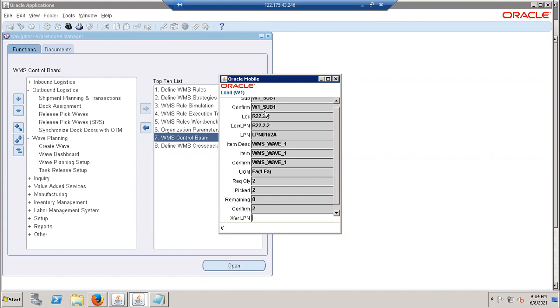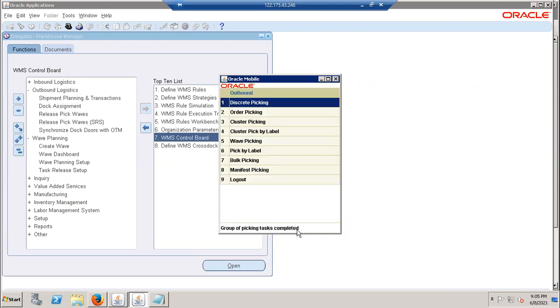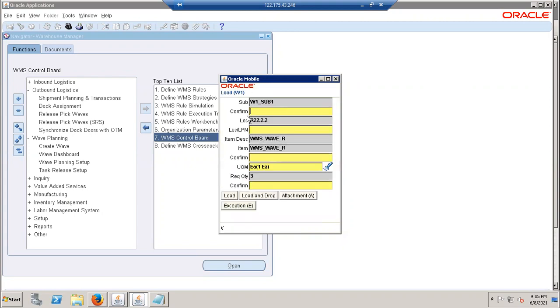Just Control G. But actually, we are giving this LPN here, but taking a different one. You are giving a reference as a second LPN. Like that is an inbound LPN. During the outbound transaction, you are trying to create another LPN. Okay. Enter. Load. See, there are 2 ways it will be there. Again, click on wave picking. Okay, W1, sub 1. I'll tell you after completing this transaction.